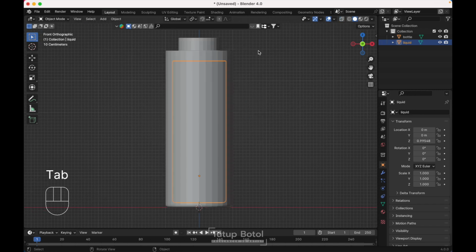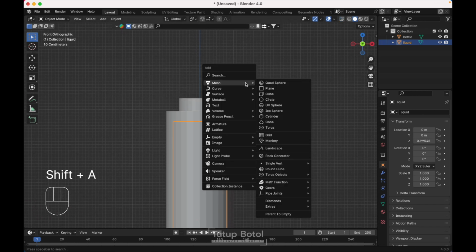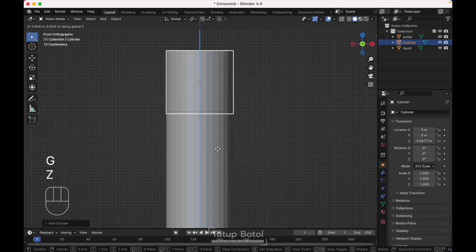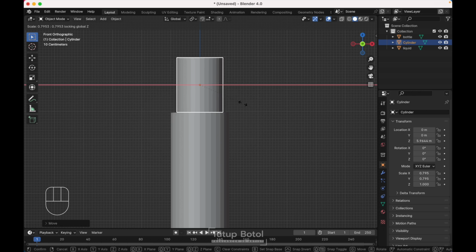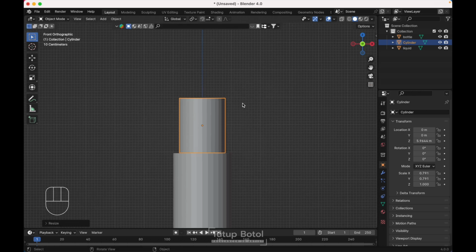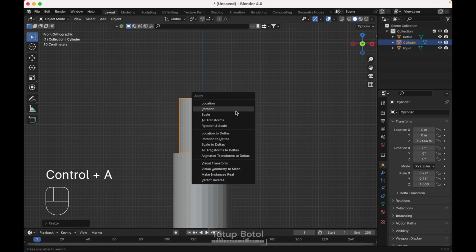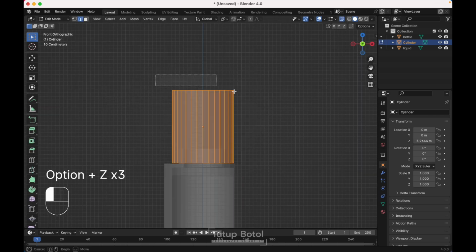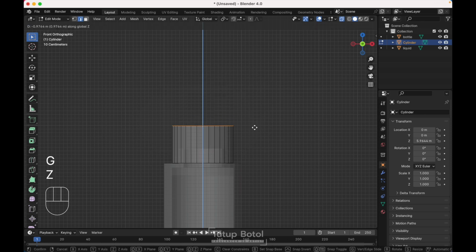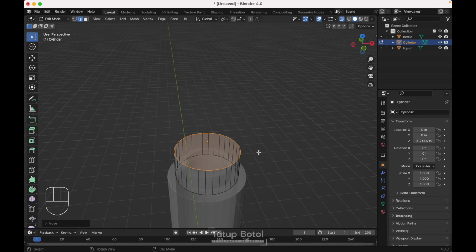Okay, next to do is press Shift A, mesh, just add another cylinder, press G Z, move your cylinder up here, S to scale it down, press Shift Z, scale it down without the Z axis, just like this, press Ctrl A, apply the scale, tab to the edit mode, Alt Z to see the X-ray view, select this edge, press G Z, move it down like this, somewhere here, yes, and press I to insert like this,